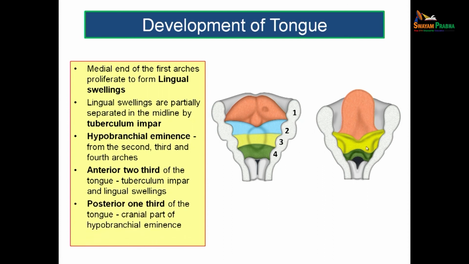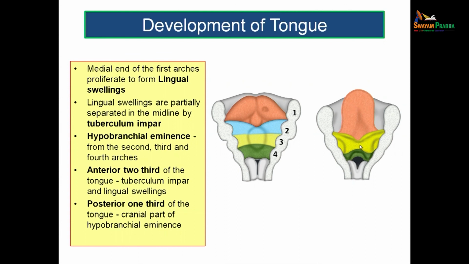This is considered as the posterior one-third. The posterior one-third is formed from the cranial part of the hypobranchial eminence, but you are not able to make out the blue colored region here. The reason is the third arch is overgrowing the second arch and fusing with the first arch. So when you look at the floor, you won't be seeing the second arch because it is embedded and covered by the third arch. The third arch encroaches over the second arch in order to reach the first arch. That is the reason why the posterior one-third of the tongue has only a contribution from the third arch, and this again